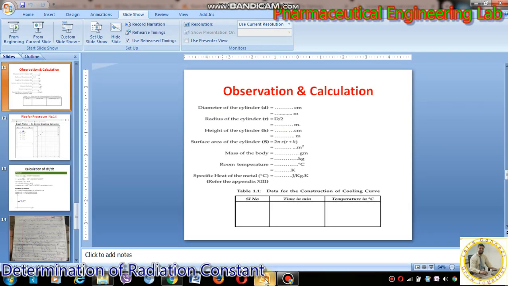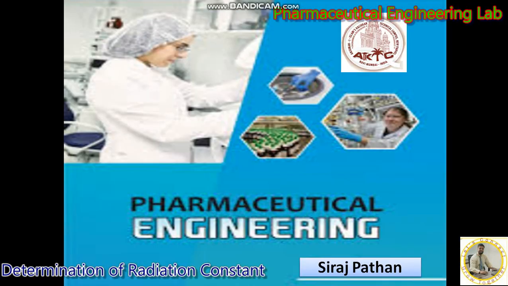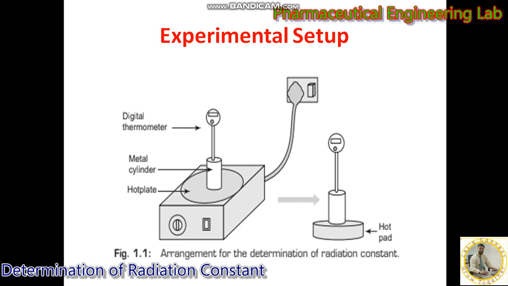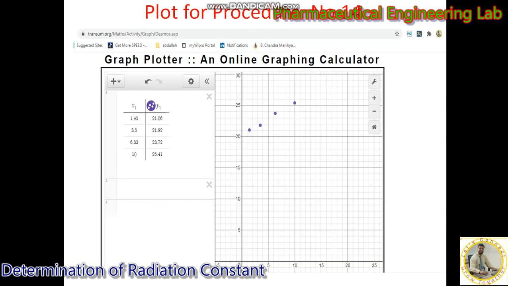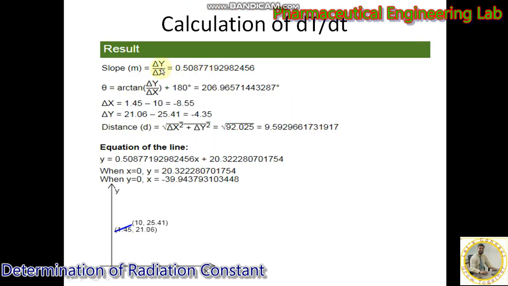Now I am again going to the slide, and I am showing you. So this much part we have completed, and I place all these values on a graph. You can see here, X is your time, Y is your temperature, this is your x-axis, this is your time, and you can see a linear line comes for each point, and with the help of this line I am going to calculate the slope. And what is your slope formula? Y2 minus y1 divided by x2 minus x1, and you can see that the slope is 0.508, which I get from the previous values.